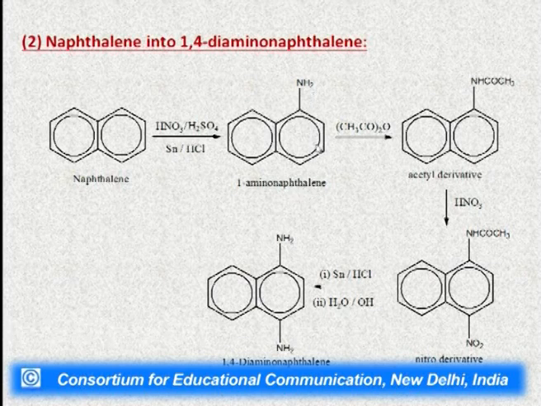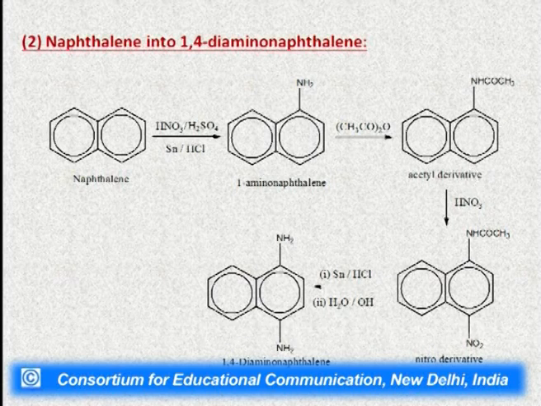1-amino-naphthalene. Now to allow the second substituent in the same ring, first we have to do the protection of this amino group. So for the protection of this amino group, we can use here the acetic anhydride, and we will get here the acetyl derivative of this 1-amino-naphthalene. Now this already present amino group has been protected, and the further nitration will take place either at the ortho position or at the para position of the